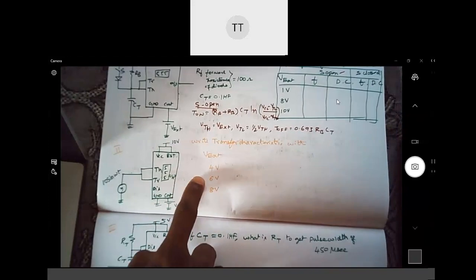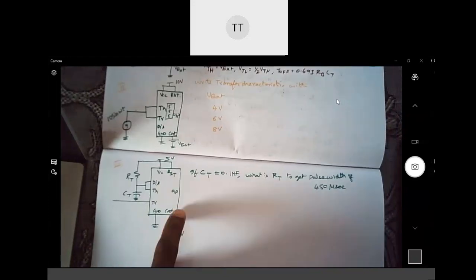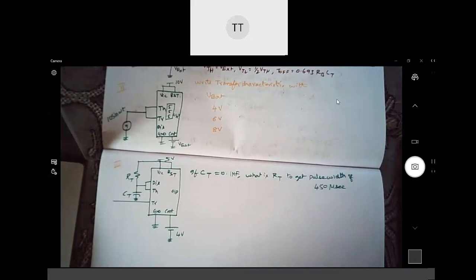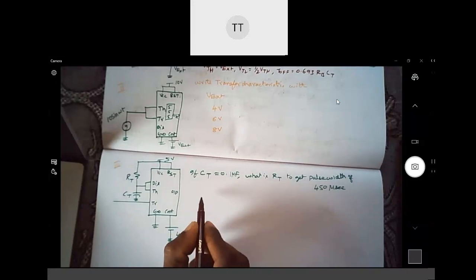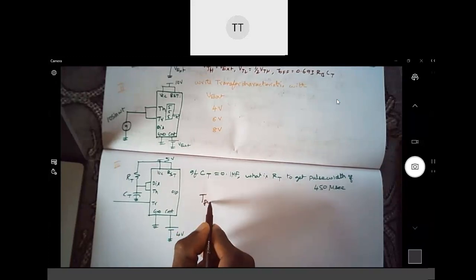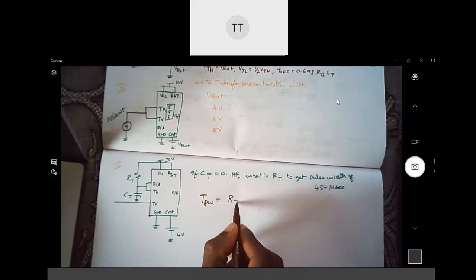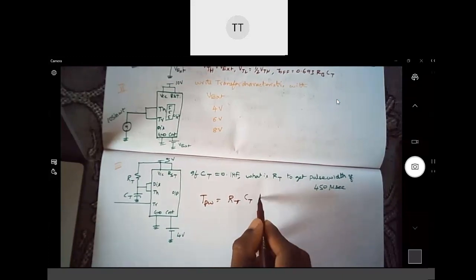We'll just do the simulation, then have a look at it. You're asked to find the value of RT if the pulse width required is 450 microseconds upon giving a valid trigger signal, assuming CT to be this much. What is the expression? TPW is equal to RT CT ln of